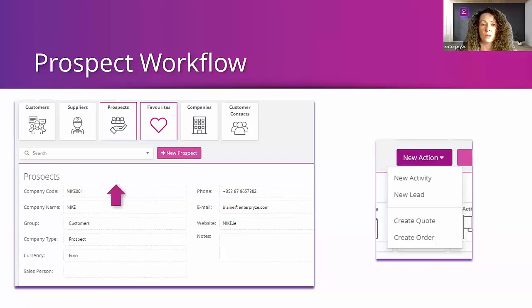So this is all held within the prospect button. Again, this is in your company's menu. From here, the difference is that we've got a company type, which specifies it as prospect. And of course, the same with any other company: customer, prospect, supplier. You've got your different currencies, each one of those, of course, single currency. You can allocate your salesperson, standard contact information, but you can see you're limited to only a certain amount of transactions. So we've got new activity, new lead, and we can create a quote or an order